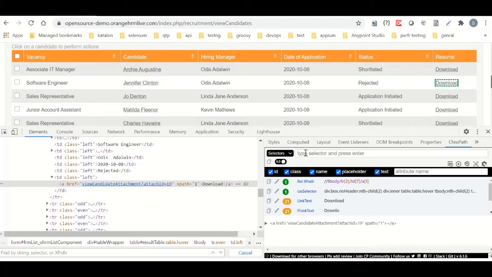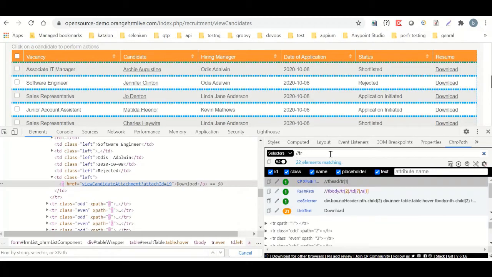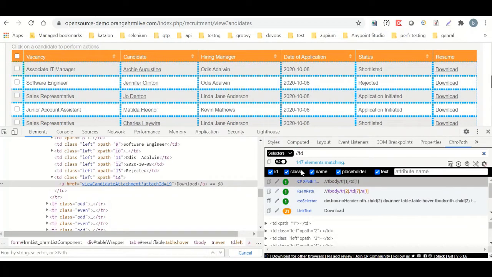First, let us see the XPath part. So, okay, and I wanted to identify this element. And I know relative xpath is over here, which is already populated. I just wanted to see the same thing. I tried to type tr, which means I wanted to find tr tag type elements in this web page. So it is showing 22 elements are there, and it is showing the list also over here. Similarly, if I want to find the number of cells, it is showing me 147 elements, so that is pretty good. And if I try to find the